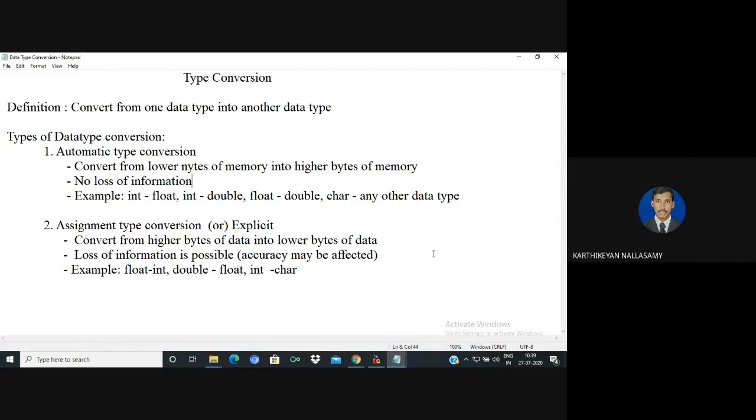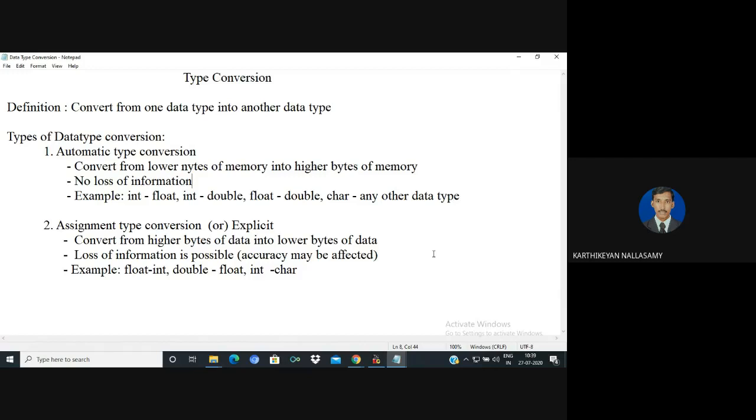So in the previous video, we had a discussion on data types. We know what a data type is. We use it to represent the type of information for representation in memory. With the help of a data type, we represent a value in memory, and we have limited space. So in some situations, while you are performing some calculation, maybe we need a conversion technique. Conversion means you are converting from one data type into another data type.